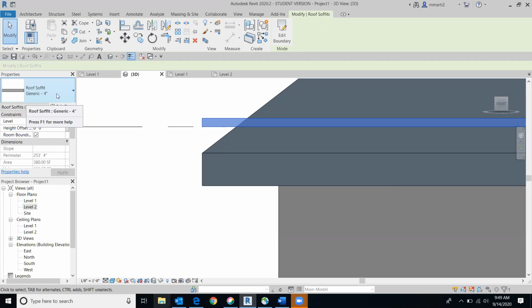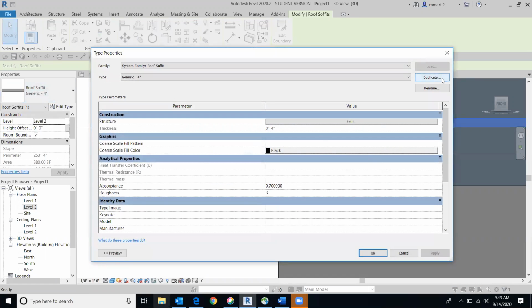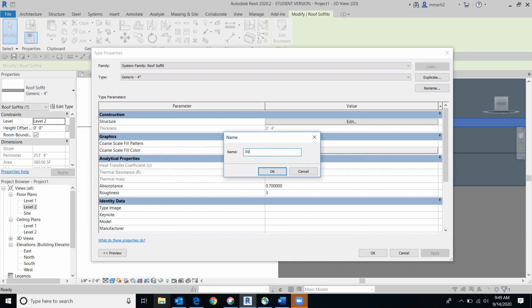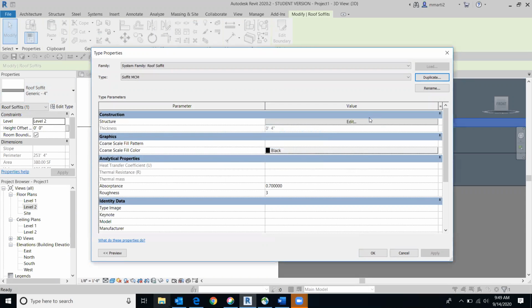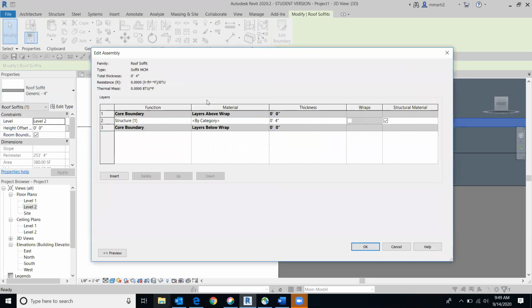If you did want to change this to something more accurate, we can look and see what they have available. The only thing available is the generic 4 inches. But if we did want to change that to make it more similar to what you have on your house right now, we go into edit type. We would duplicate this. I'll just call it soffit and your initials. At this time, we can go into edit. And if we change that to 1/2 inch,